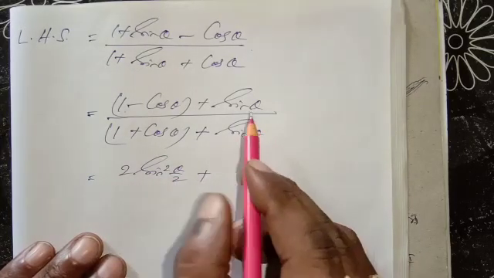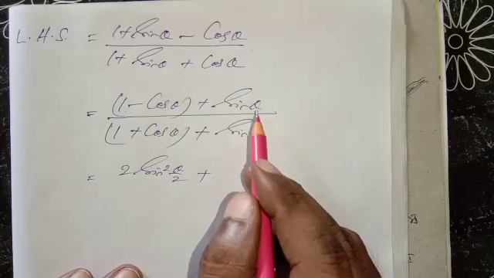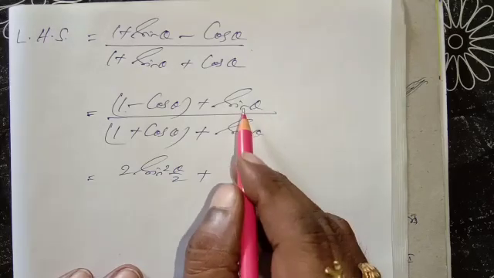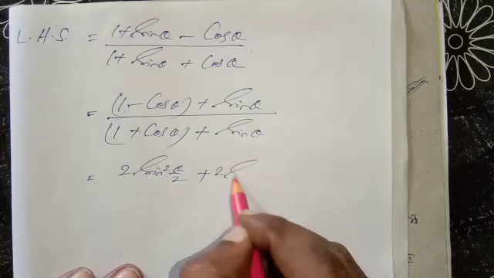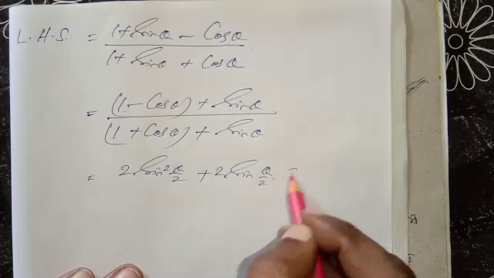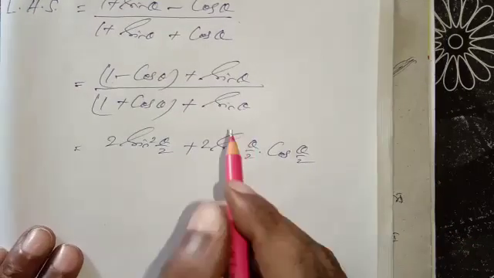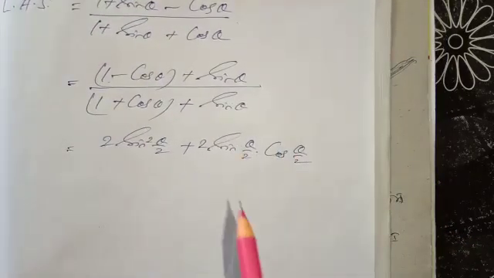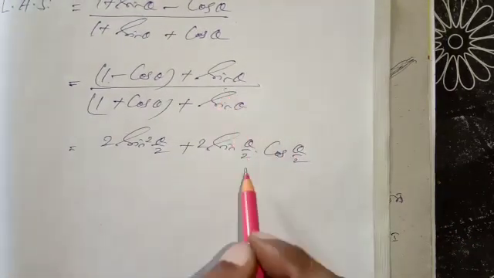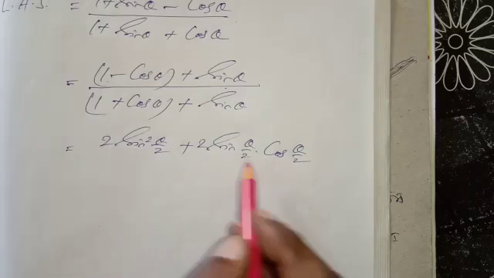And the sin 2 theta formula you have to apply here. Sin 2 theta means what? 2 sin theta cos theta, but here theta is written. That means sin theta will be 2 sin theta by 2 into cos theta by 2. This is called the submultiple angle. If you know the multiple angle formula, the submultiple will be just divided by 2. Sin theta means 2 sin theta by 2 into cos theta by 2.